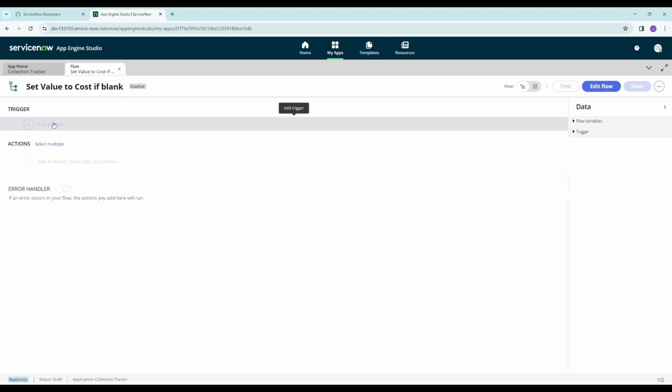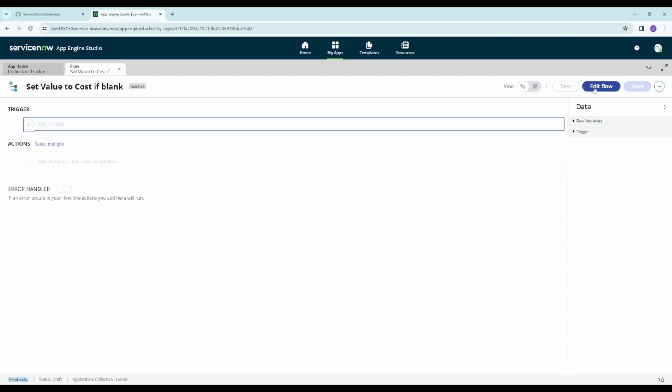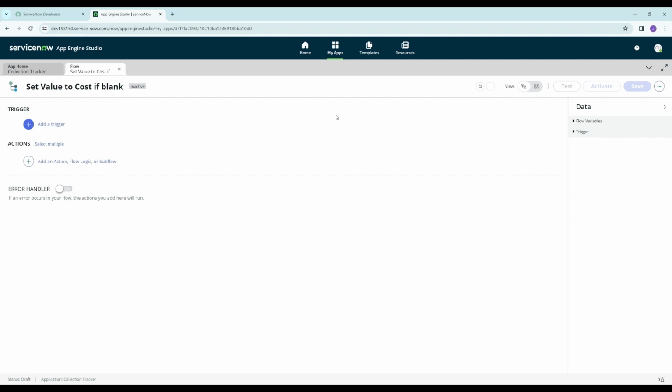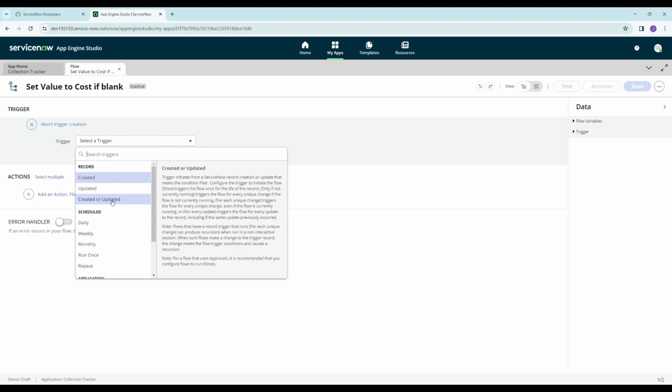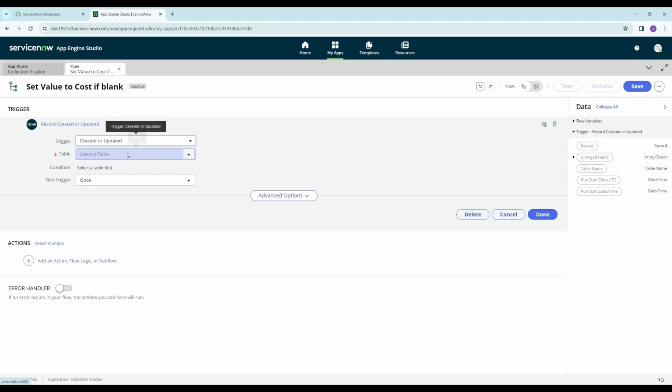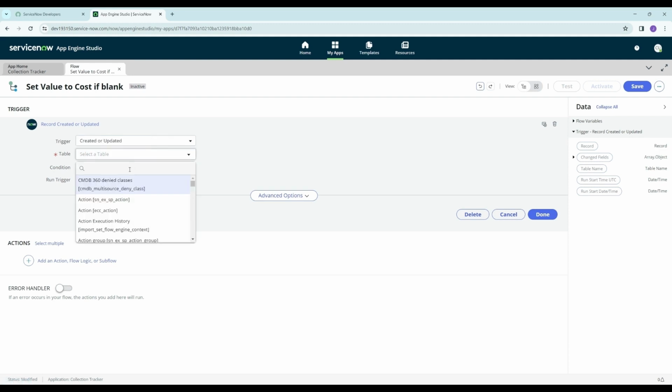It got loaded. So first we are going to add a trigger. So first we have to click on edit flow, then add a trigger. So we are going to select the trigger type as created or updated. Whenever any record has been created or updated in the table, this trigger will be activated, and we are going to select the table as collection item table,